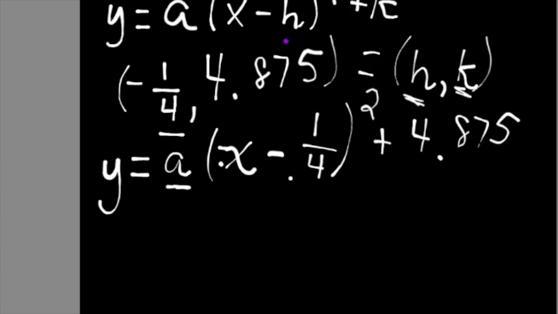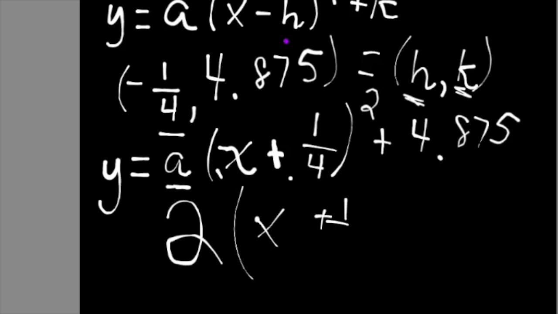Now we need to solve for a. Well, the good news is we already have an a value from our original equation, which was 2. And I wanted to remind you that since this is negative, we have to have a positive here, so make sure you change that. And so here is our equation in vertex form from our standard quadratic formula: 2 times x plus 1/4 squared plus 4.875